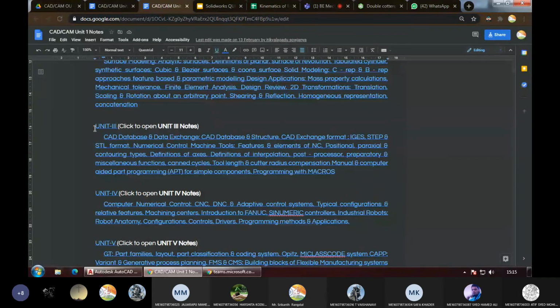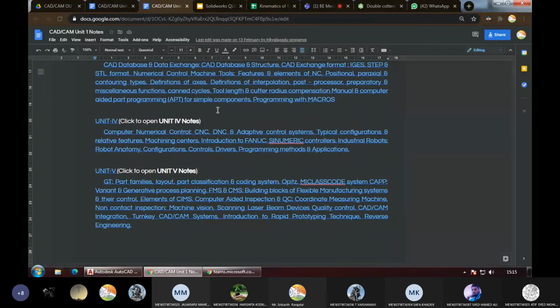That's what we will study here. So if some models are given to you, you must be able to make the NC code. You must be able to write the NC code for getting that finished product. That's what happens here.